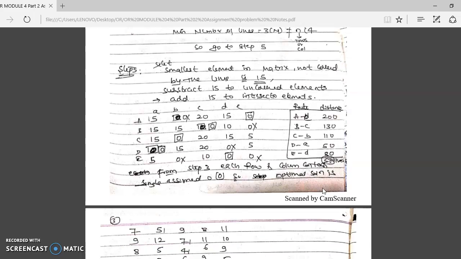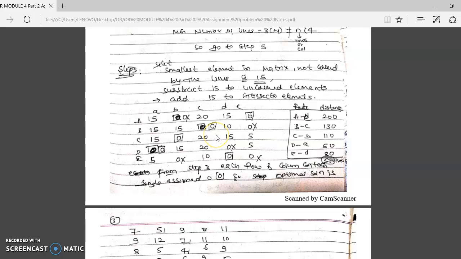And it is not a unique way. You can solve with your own assigned 0 also. That time the values get changed, but the answer remains the same. These values may get changed, but at the end we get the same answer, because if I select this, this becomes crossed. So if I select this, this becomes crossed. So there are different ways of selecting in the matrix.